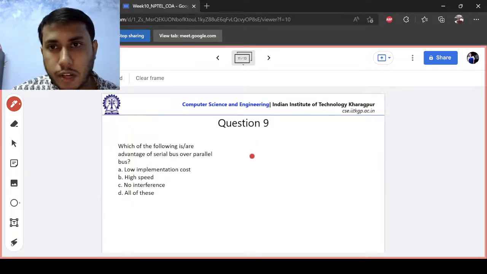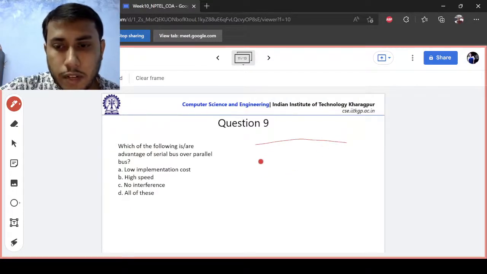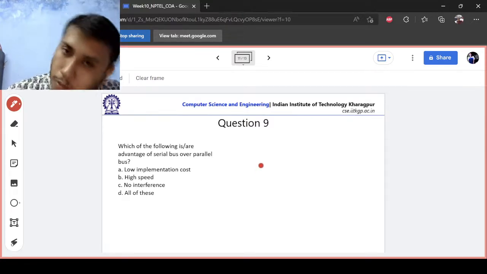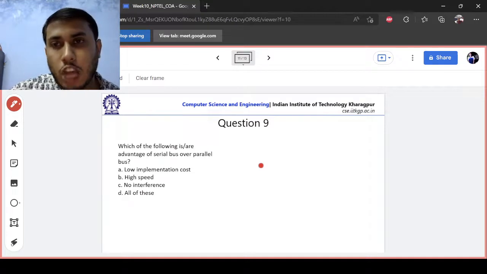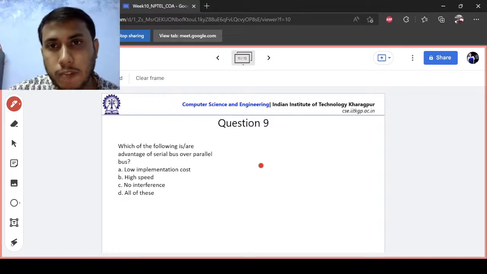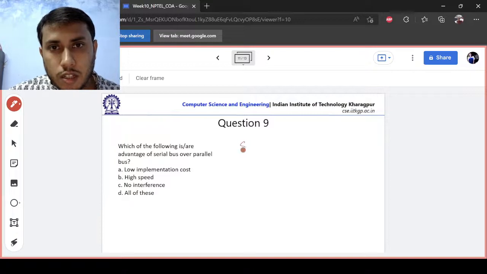So in a serial bus and a parallel bus, what is the difference? In serial bus, you need to have a channel through which every device on the bus has to be checked whether data has to be transferred or not. Whereas in a parallel bus, you can ask any of the devices at a time whether parallel data transfer has to be done or not. So if we look at the difference between serial and parallel bus,